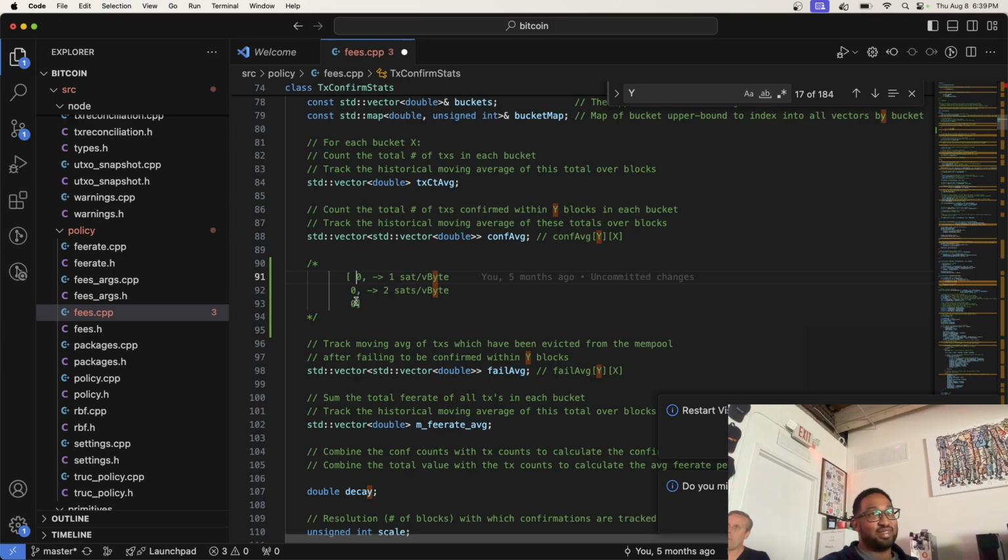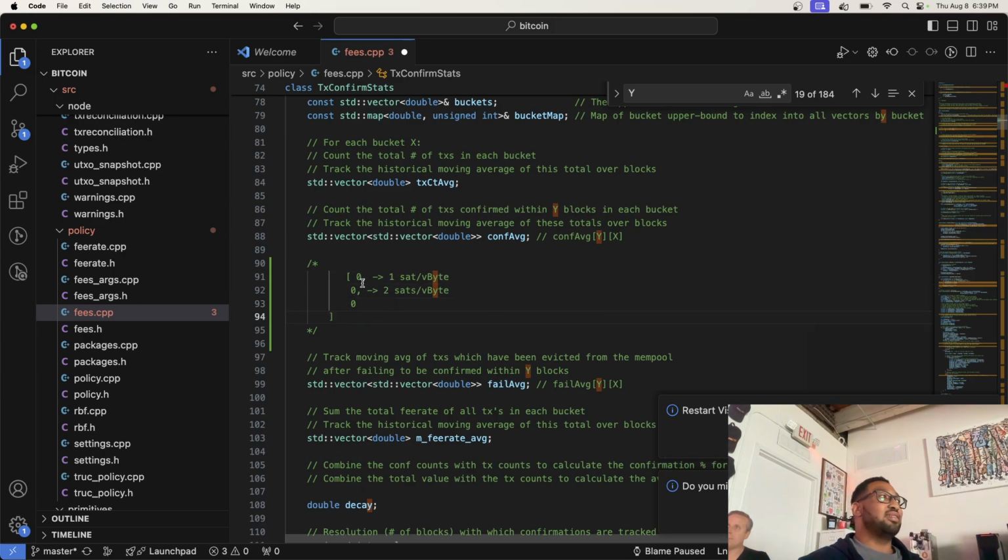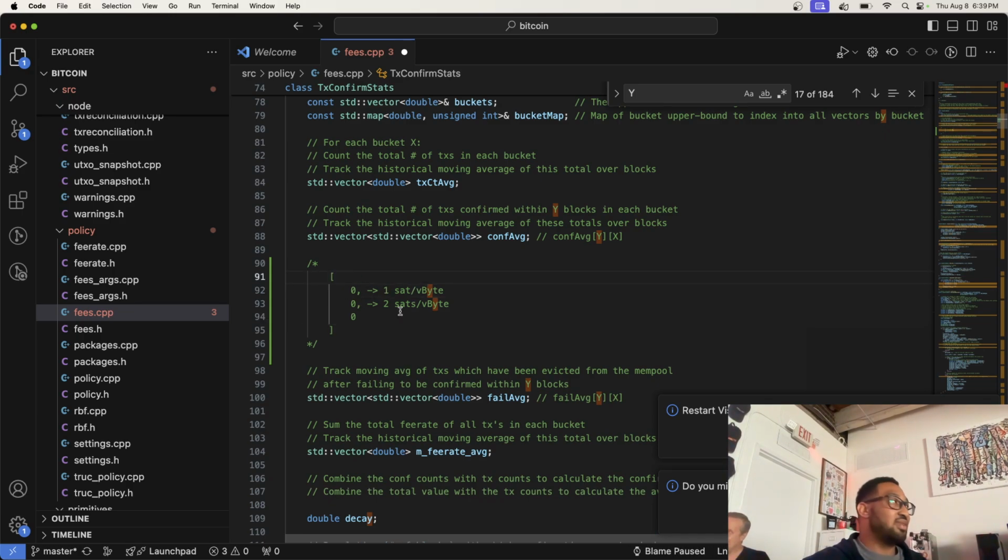So it's looking at when it came into the mempool and then how many blocks later it actually confirmed? But it's by block time. Yeah, within 2 blocks. So we're only focusing on this one period. Okay, so everything in here happened within the last 2 blocks? Yeah. And the bucket that it lands on depends on the fee rate. All the things within the period are within the same scale of blocks.